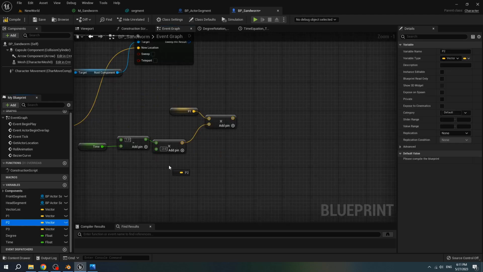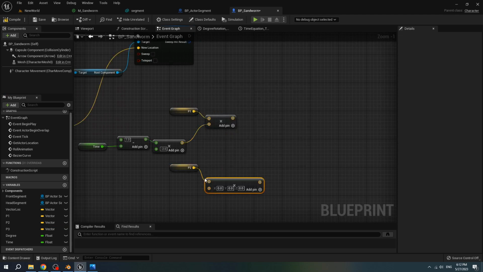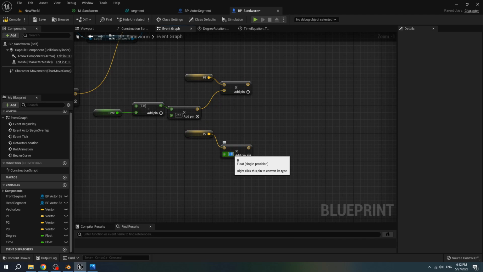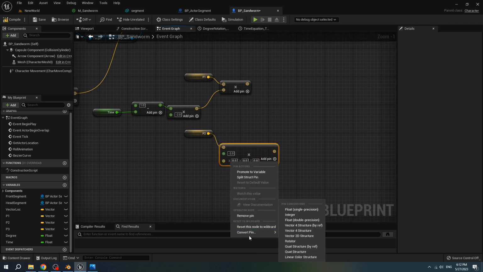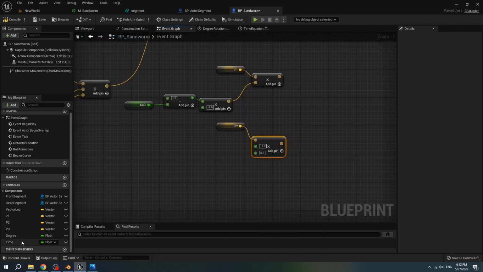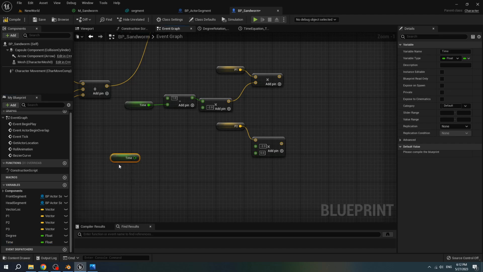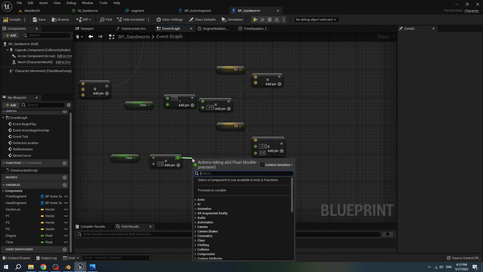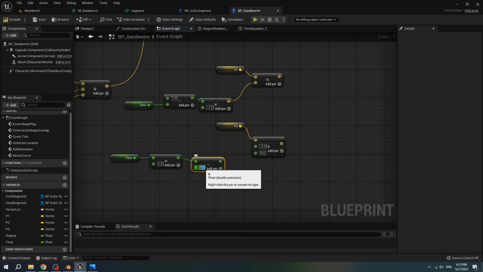Get P2, multiply, convert it to float, set it to -2. Add pin, convert it to float. Get time, multiply it by 2, subtract it with 1 and connect it with the float.